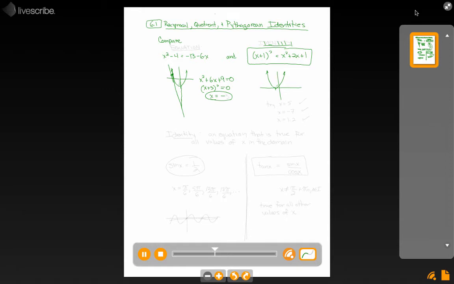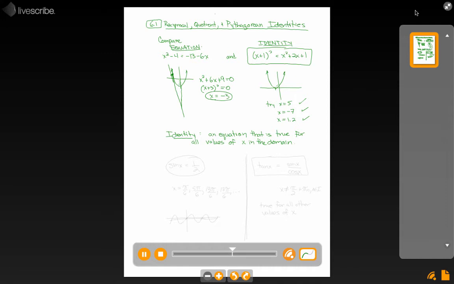If I put in x equals 5, you can try x equals 5, x equals negative 7, x equals 1.2, whatever number you want, and the left side and the right side will be the same. Whereas this equation on the left only was true for a certain value of x. This is the difference between an equation, something that is true sometimes, or may be true sometimes, or might even have a lot of answers, and something that is an identity, which is basically true for all values of x within the domain. So an identity, to define it, we can define as an equation that's true for all values of